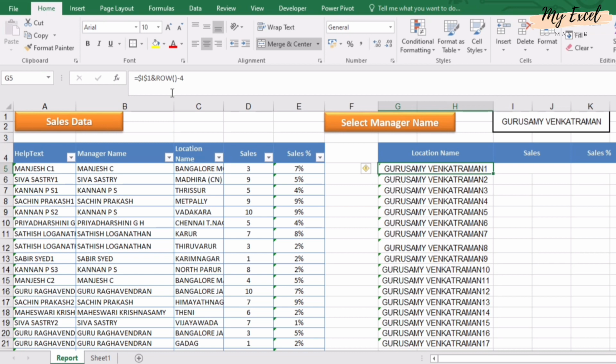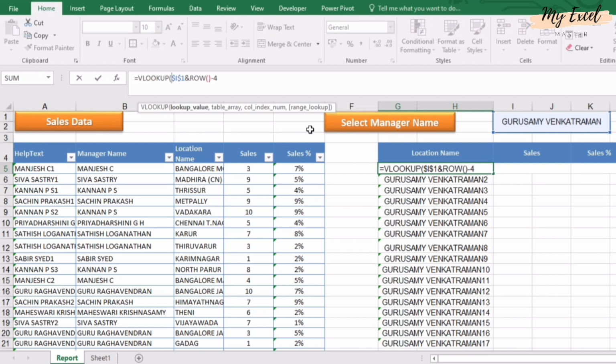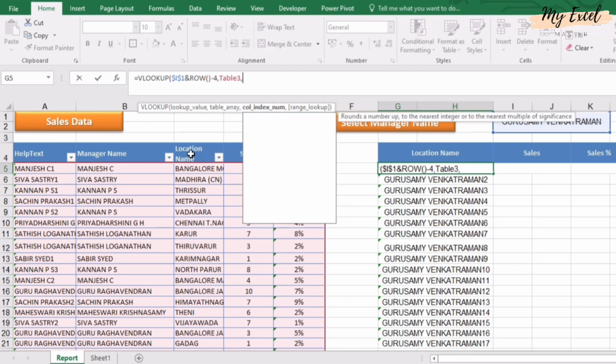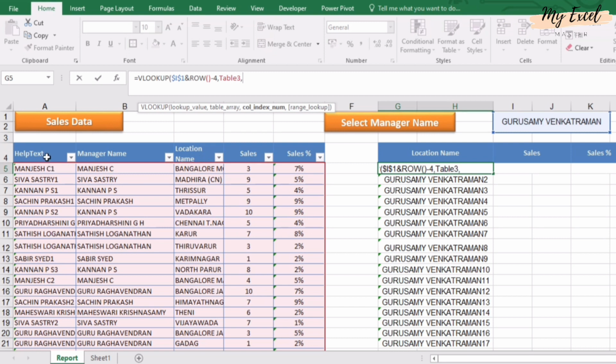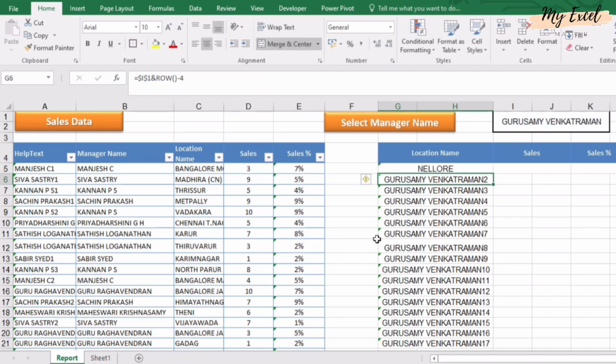Now we have to use the VLOOKUP function. VLOOKUP, we are putting this as the lookup value, comma, we will select the table, comma, index number, or else we can directly enter the index number 1, 2 and 3, comma, false. See, if you drag this,